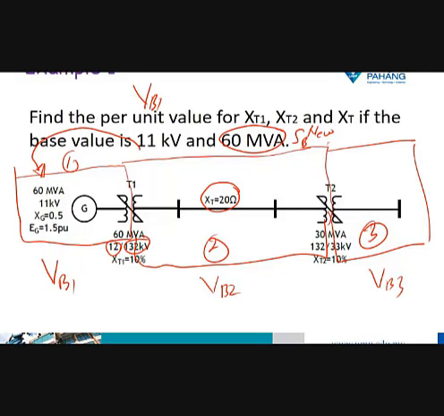This is the primary side of the transformer and this is the secondary. To find the voltage at the secondary side, we use the transformer turn ratio, 132 over 12,